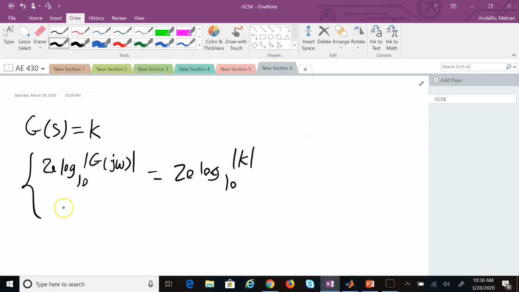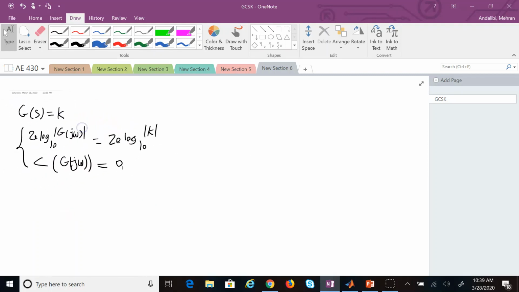And the phase of G(jω) is simply 0, because real numbers do not have a phase, and the magnitude of a real number is simply a real number. It doesn't matter if I plug in jω or not, because there is no s term here to be replaced with jω. And how does it look if I want to plot it? So if I want to plot this magnitude versus phase,